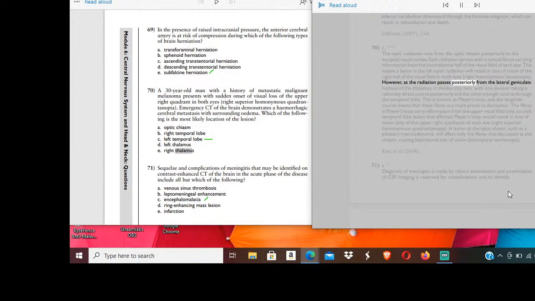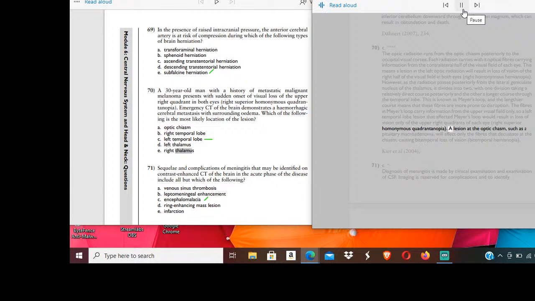However, as the radiation passes posteriorly from the lateral geniculate nucleus of the thalamus, it divides into two, with one division taking a relatively direct course posteriorly and the other a longer course through the temporal lobe. This is known as Meyer's loop, and the lengthier course means that these fibers are more prone to disruption. The fibers in Meyer's loop carry information from the upper visual field only, so a left temporal lobe lesion that affected Meyer's loop would result in loss of vision only of the upper right quadrants of each eye, right superior